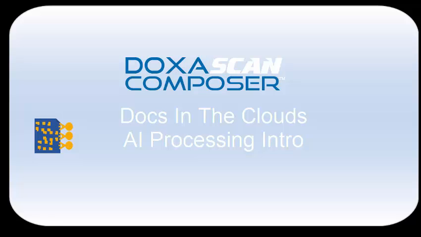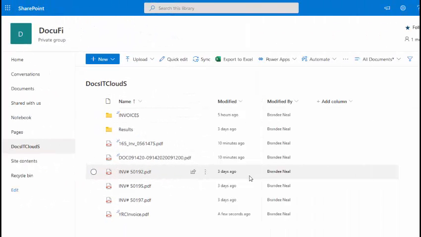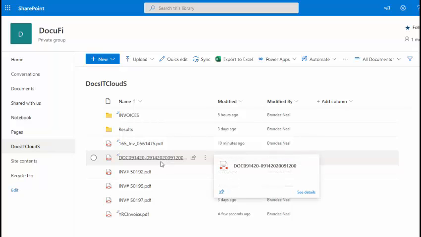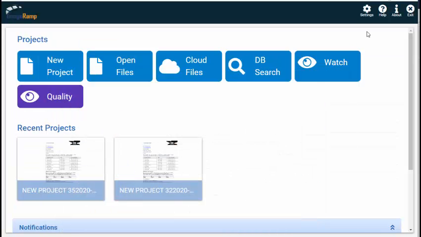In this short video, we'll take a look at invoice processing in the cloud using AI extraction tools from DocsInTheCloud services. Here we have some invoices stored in a SharePoint repository that we want to automatically extract invoice numbers and pertinent